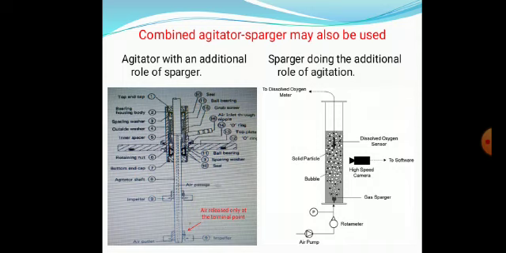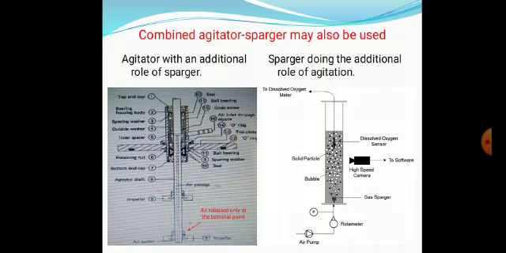In that red I have written, in the first diagram, the left hand side diagram, air released at the terminal point. That means you can see it is a true agitator with blades at the bottom. You can see impeller, it is written. It is a true agitator. It is like our fan only. But the shaft I told you in the middle, the agitator shaft, will be hollow inside. That means through that shaft only air will be supplied. So this diagram makes you understand that the agitator plays an additional role of sparger. That is, it is a true agitator, but through that agitator itself you are supplying air.